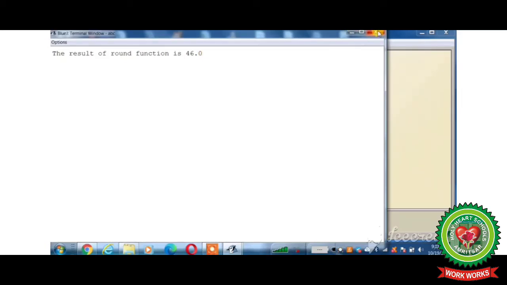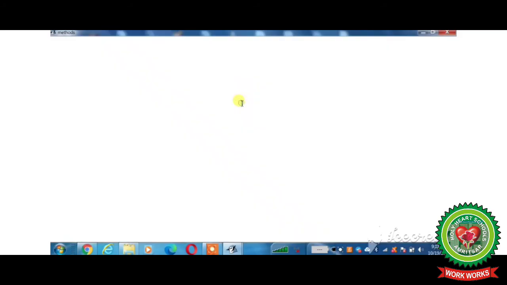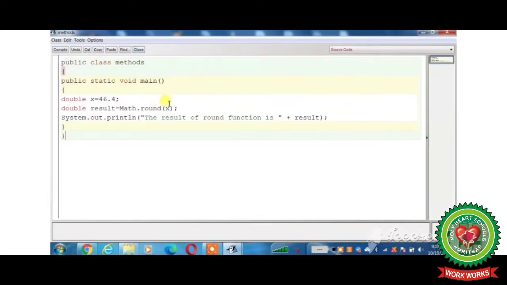Clear students? Now we will double click on the class icon and use the next function, that is absolute value. So here firstly our value is positive. Here we will write math.abs, only we will change the function name, and here we will write the result of absolute function is result.